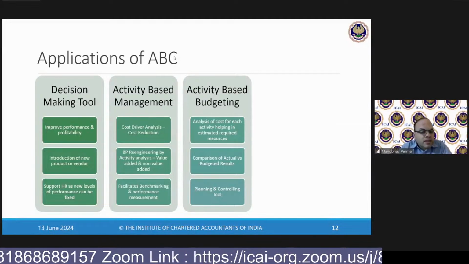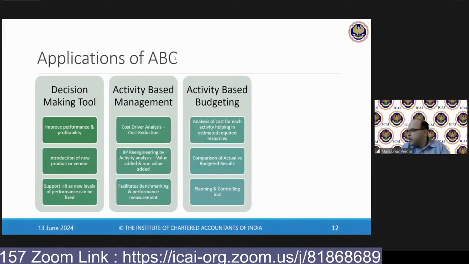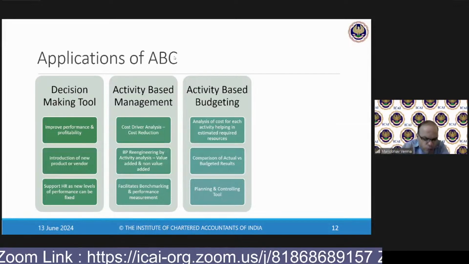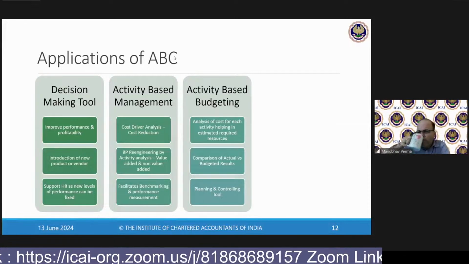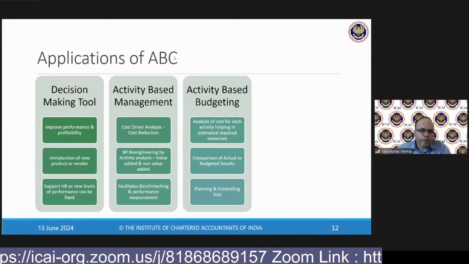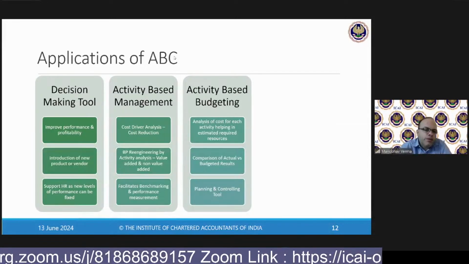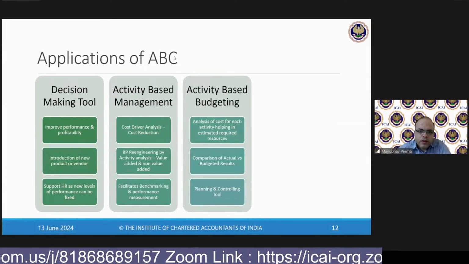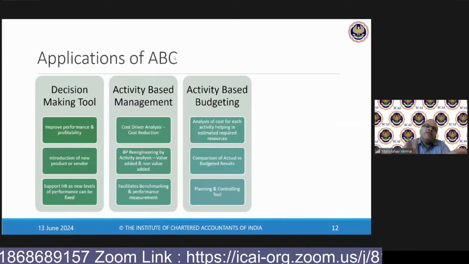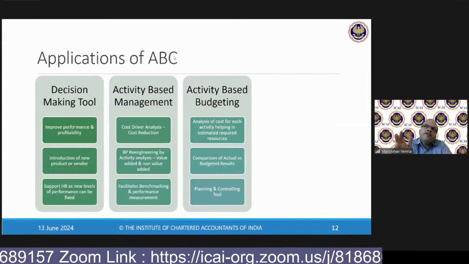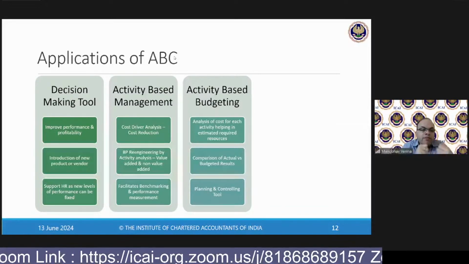Activity analysis. This is something I was talking about in terms of business process re-engineering. Can anyone tell me what you mean by re-engineering, guys? See, one thing is that we are simply identifying some activities and we want to cut down on the non-value activities. That is one part. But sometimes we have to